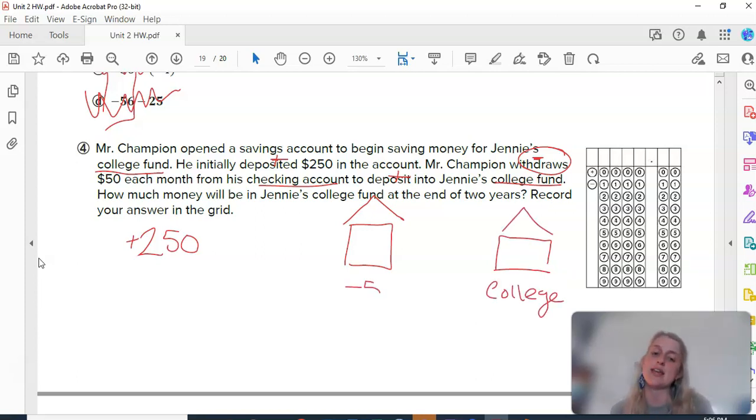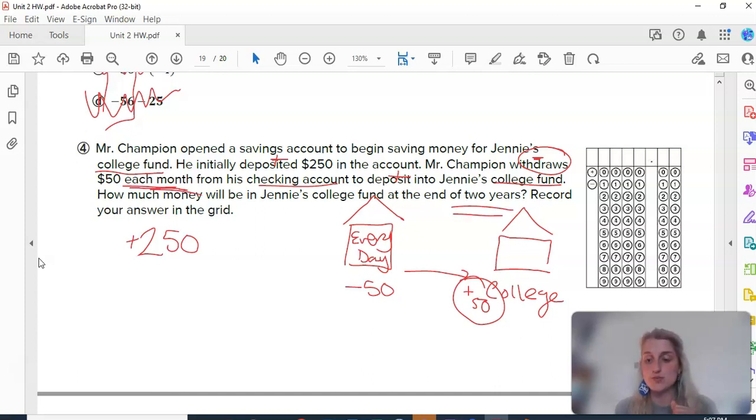So what he's doing is he's taking $50 out of the everyday, the checking account, and he's adding it to the college account. So for the sake of this question, it's saying how much money will be in her college account. So we're going to call it a positive because it's getting added to the account. But not just plus 50. Plus $50 each month